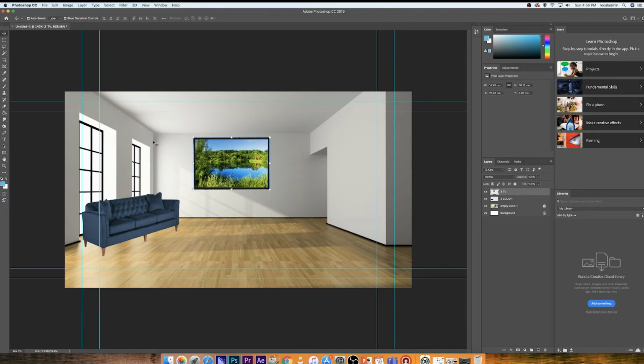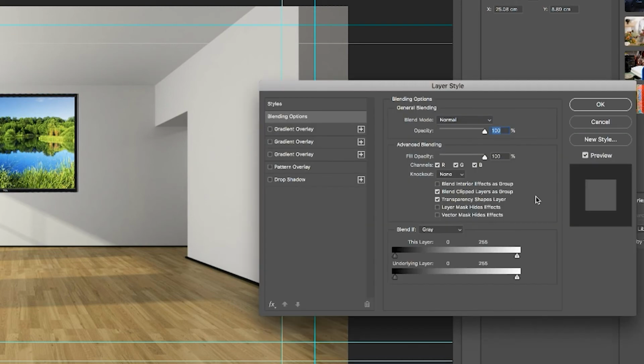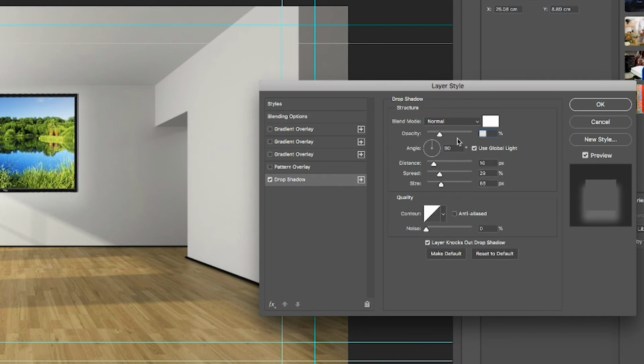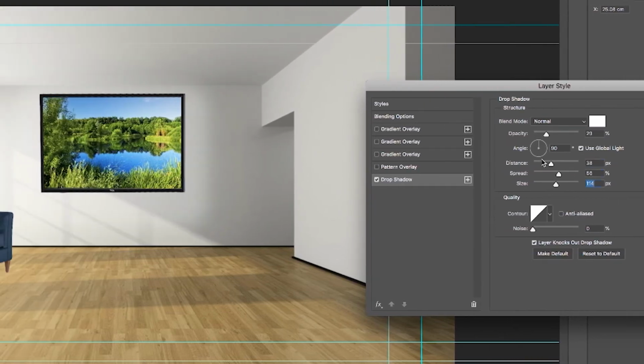We're going to use the move tool right here. Okay, and all I'm going to do is double click right here and select drop shadow. There we go. If I want to edit that, I can double click beside drop shadow, and here is my distance, spread, size. I can change the opacity if I want. So right now there's no drop shadow. It's hard to see. But when we start making it a little bit bigger,